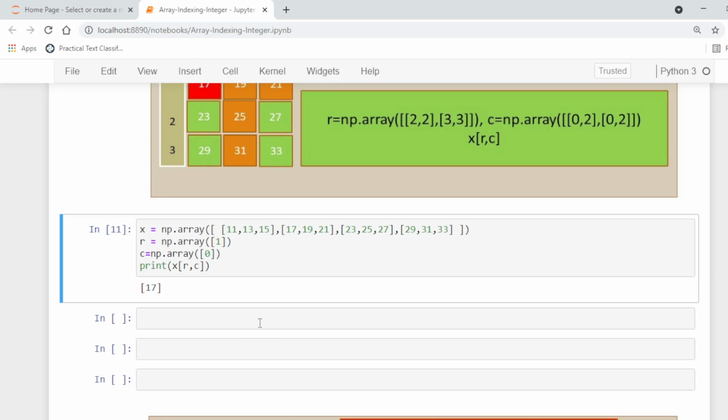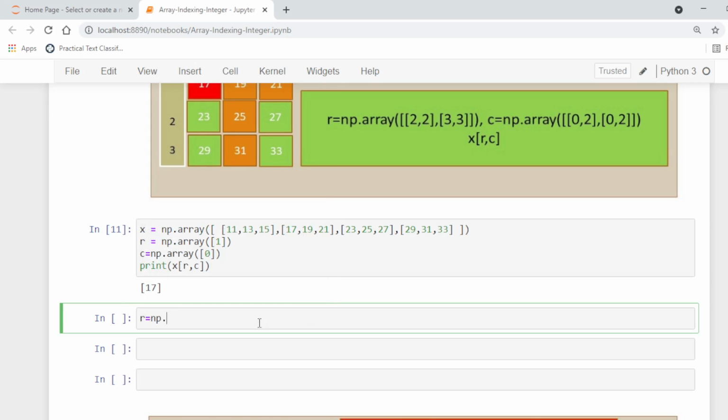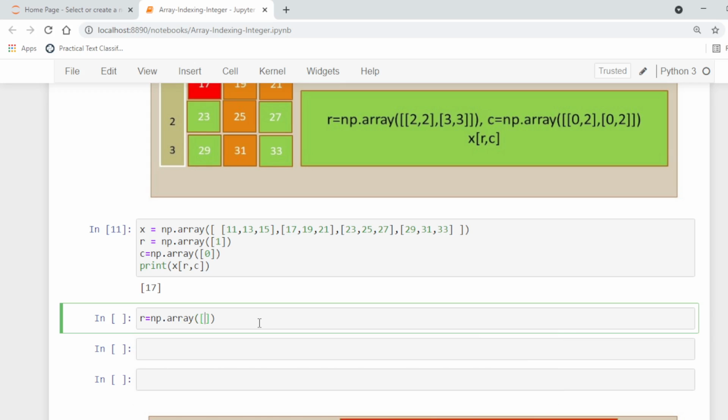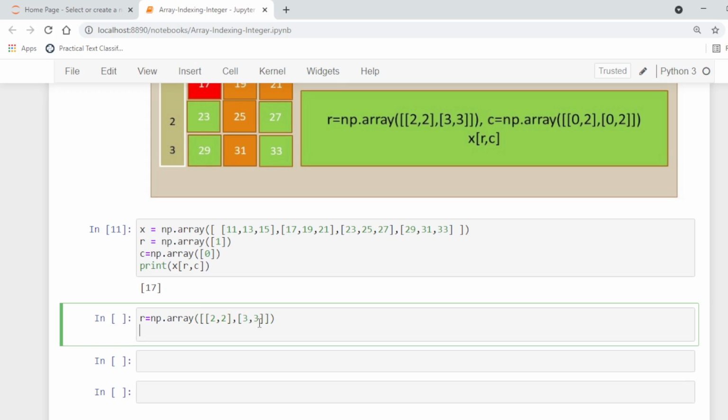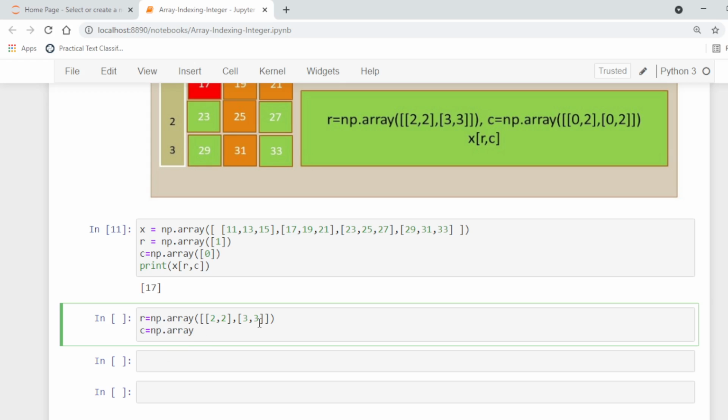Similarly, if we specify the row as np.array, and then we specify the two-dimensional array with 2 2 and 3 3, and the column as np.array with 0 2 and 0 2.